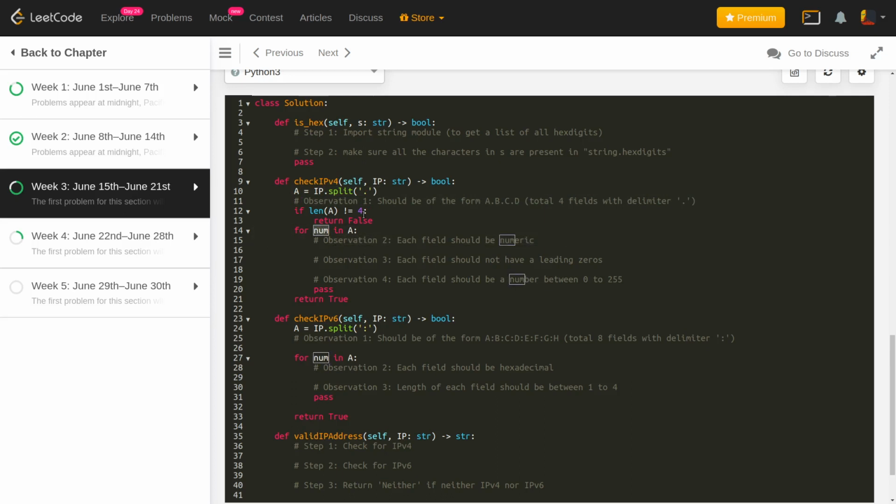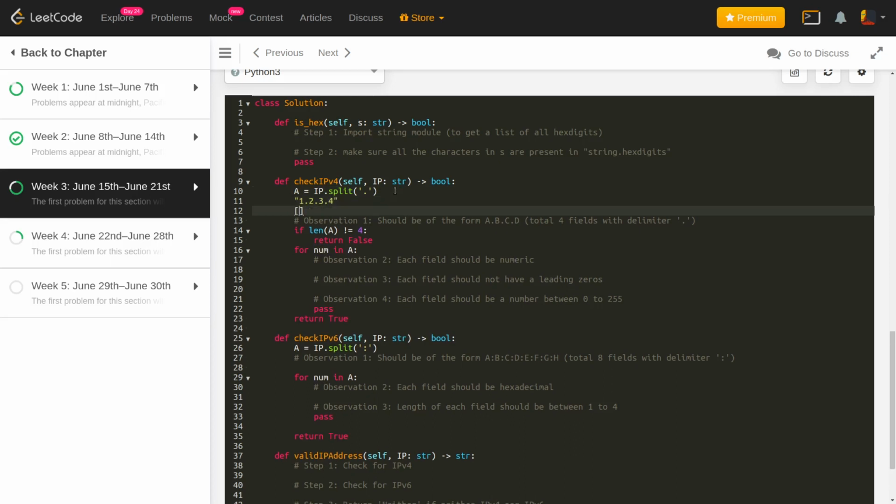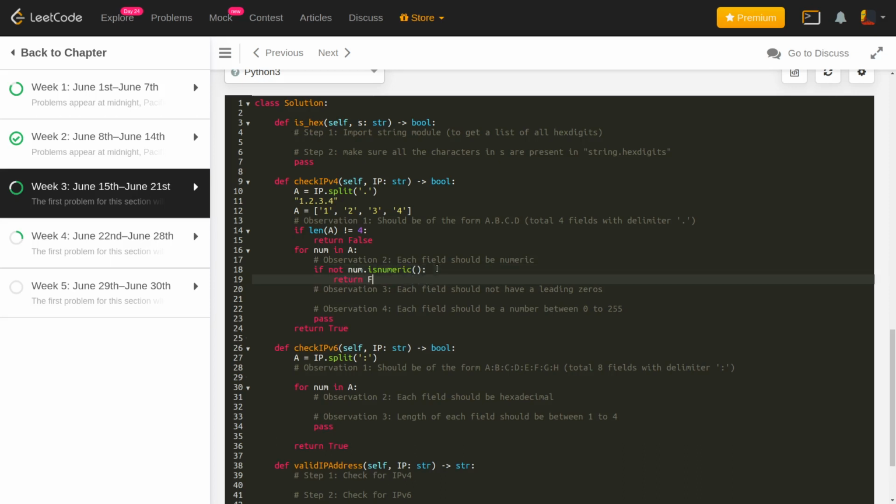For example, if I split the string 1.2.3.4 into 1, 2, 3 and 4, each of the entries in this array A should be a numeric entry, and the way you check whether a particular string is numeric or not in Python is really easy. If the entry is not numeric, then you should return false. So if not num.isnumeric(), then you should just return false.